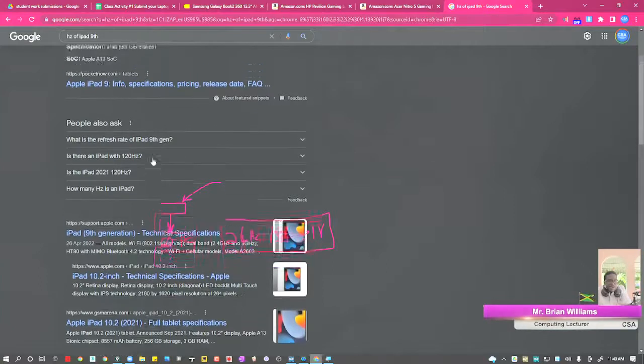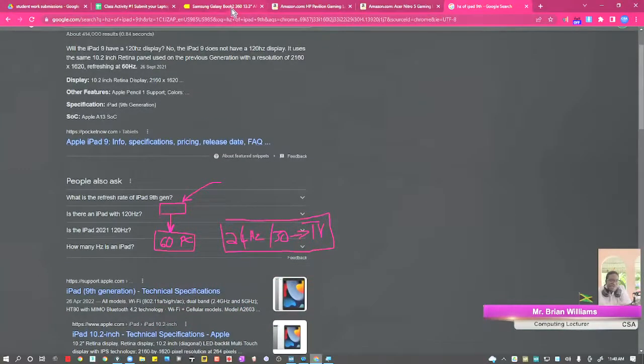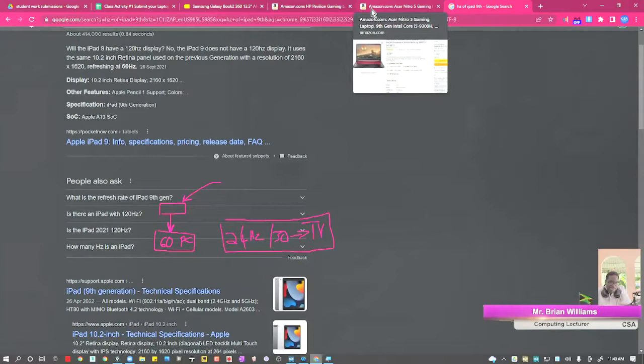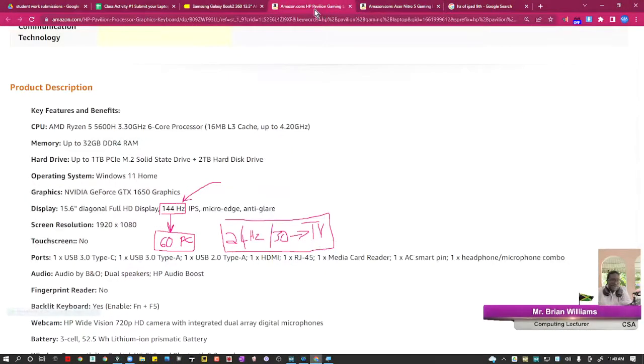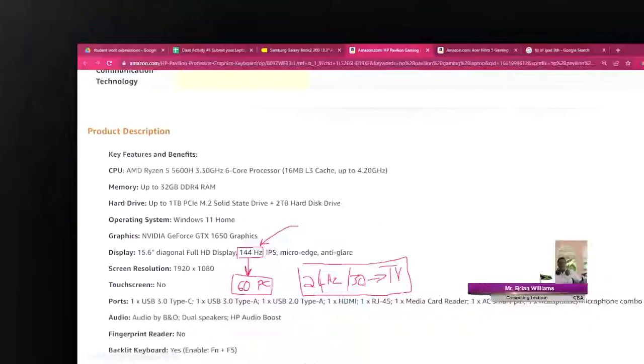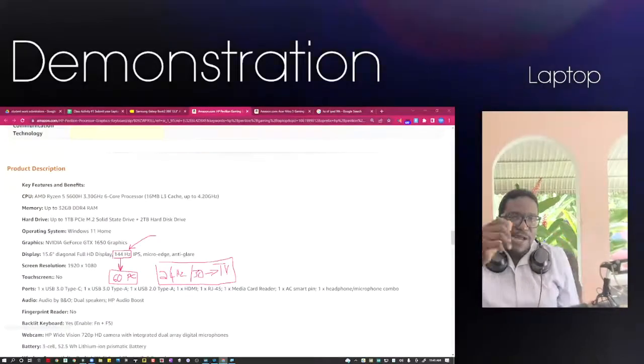Now, if your iPad was moving at 60 hertz, that's maybe even a little slow. But anyway, you would notice that when you're sketching. It will feel laggy. And the reason that it would feel laggy is you have to remember that when you're sketching, your hand is